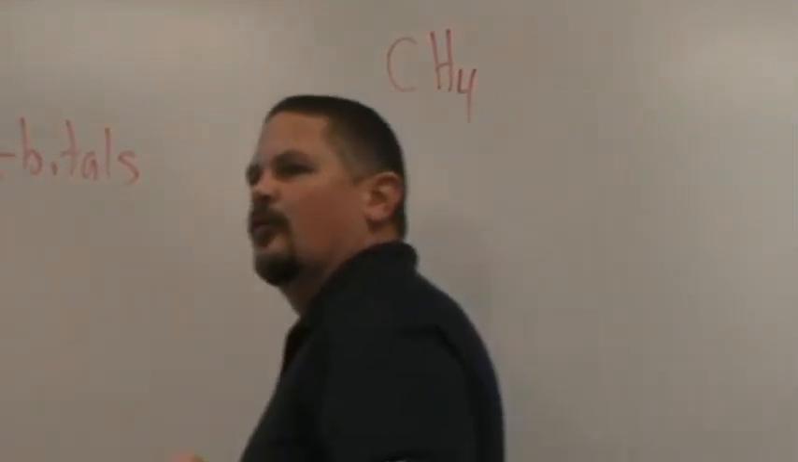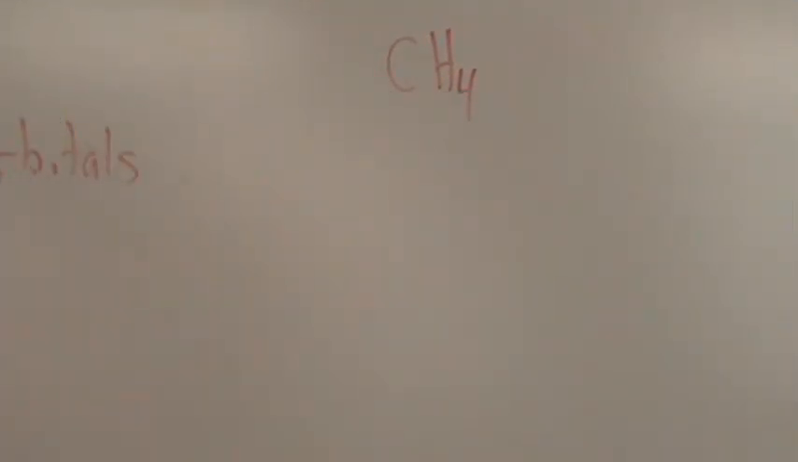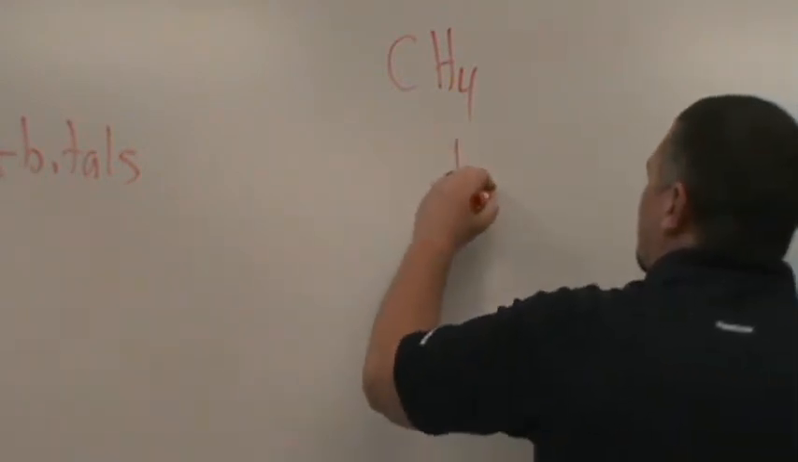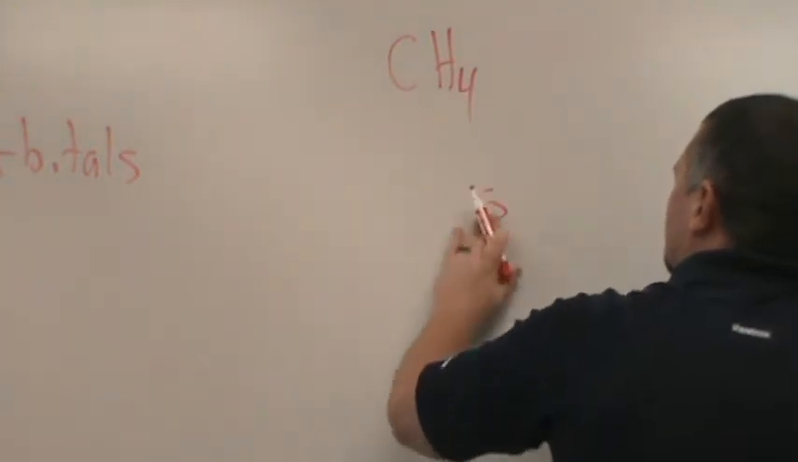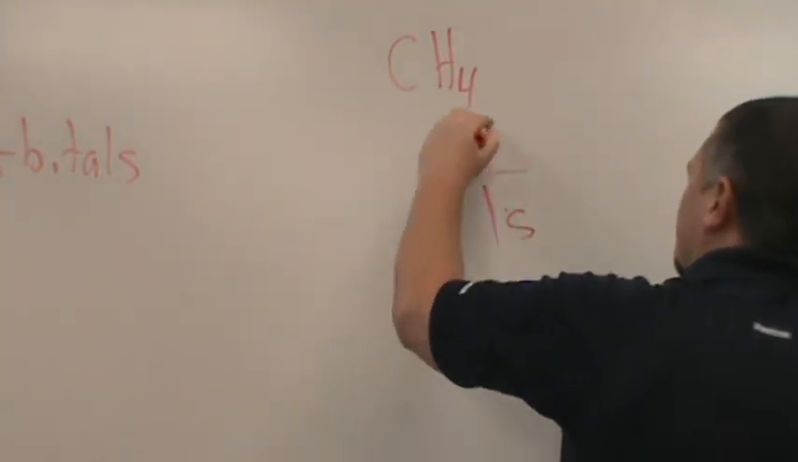Let's look at CH4. Now, just looking at the chemical formula, what is going to be our central atom? C. Carbon. Okay, now, throughout the beginning of this process, we said that the electrons that we use for bonding are the valence electrons, right? So if we look at the valence electrons for carbon,